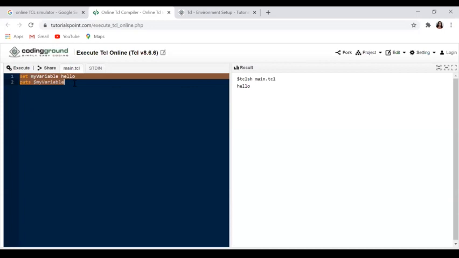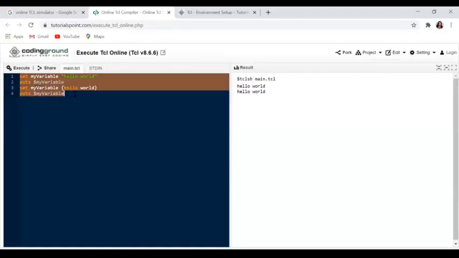Now let's try one more example. This is one more example where my variable is hello world. It will get this content. Then again set my variable like this. Now let's see what answer comes. It has to come 2 times, as puts is there twice. The first one is the content of my variable, which has been written within the double quotes. It is showing me the first hello world here. The next one you can see is in the flower bracket, so it has to show me that kind of content. So it is going to show me hello world. This is why I am showing you all this: this is the variety of ways of writing the programs.